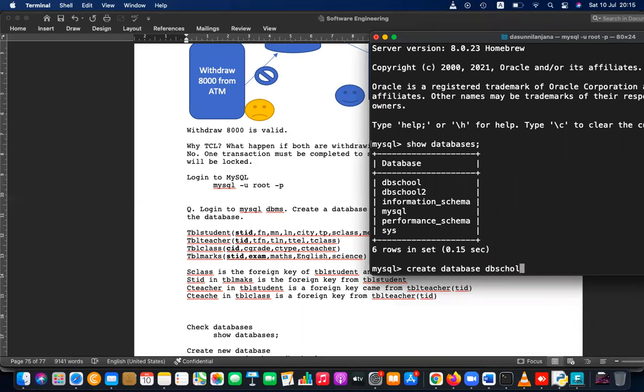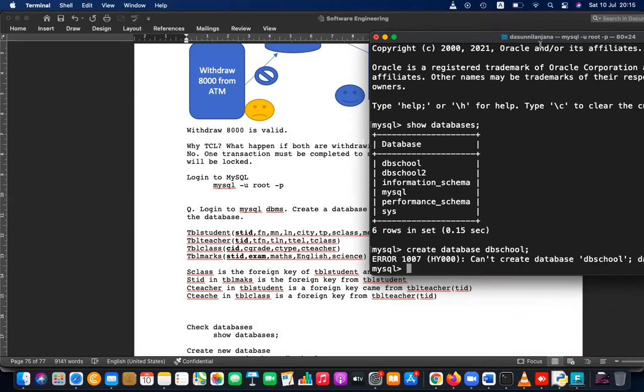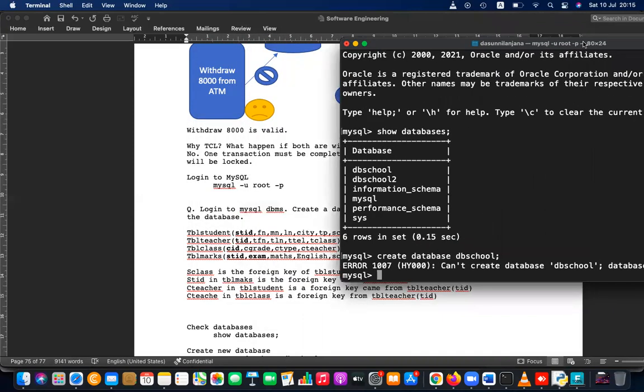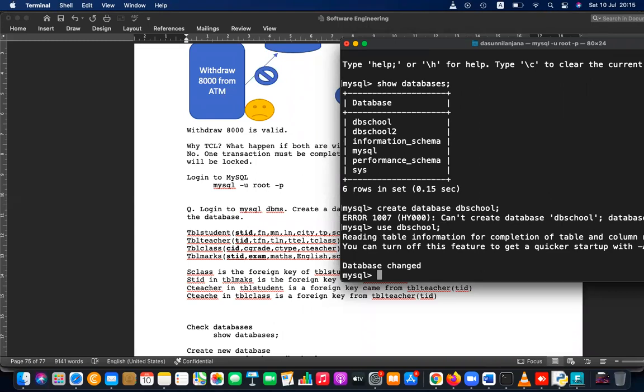But this won't create a database because this database is already there. Right here, can't create DB school because database exists. So I'm going inside the DB school database. Use DB school. So now database changed. I'm inside the DB school database.